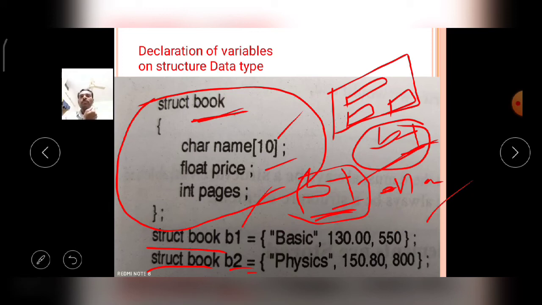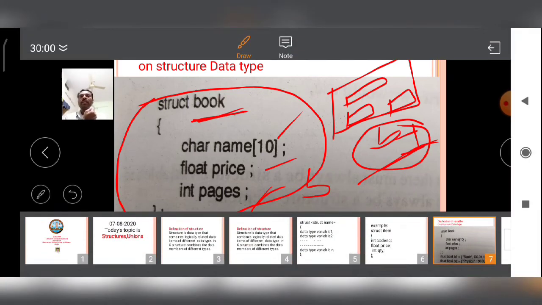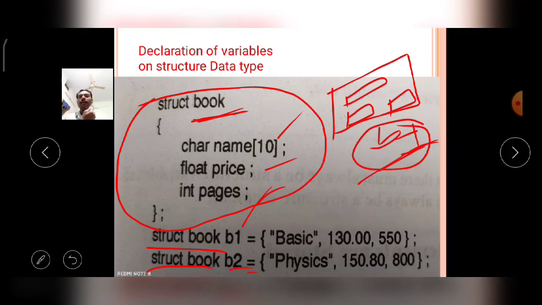So the book name basic is stored in B1 dot name, the price 130 is stored in B1 dot price, and 550 pages is stored in the B1 dot pages variable.